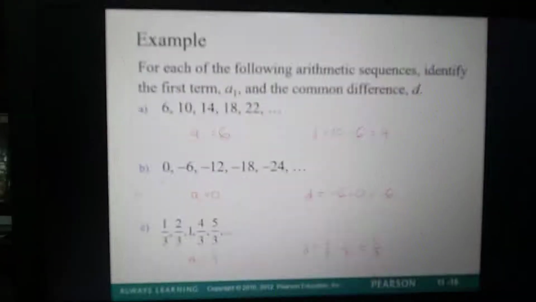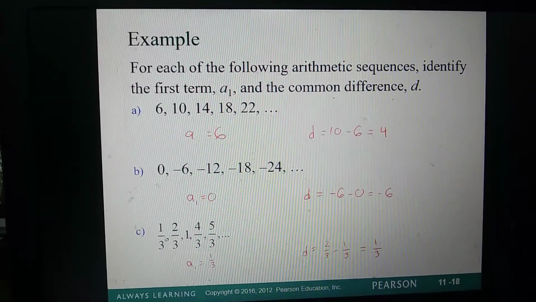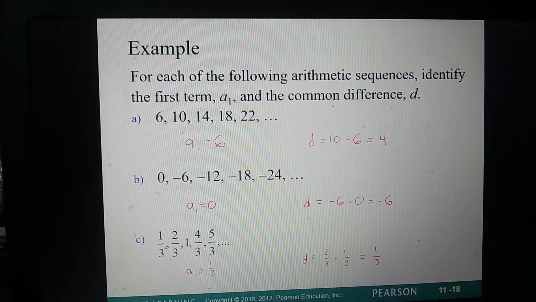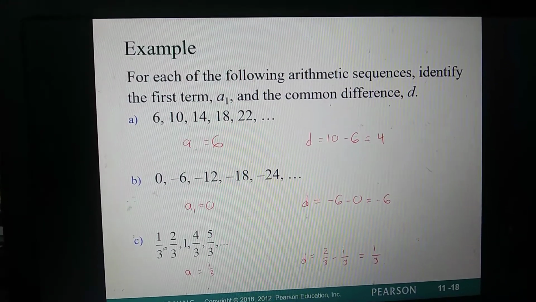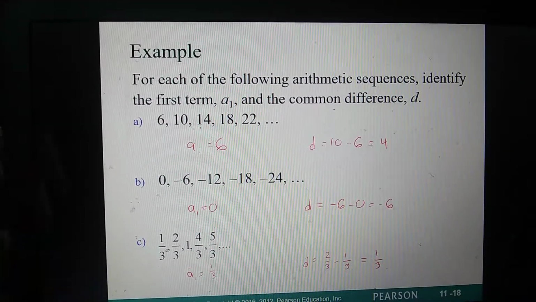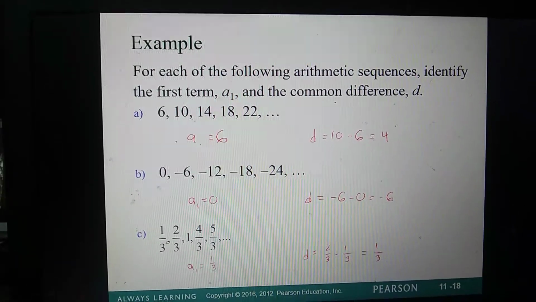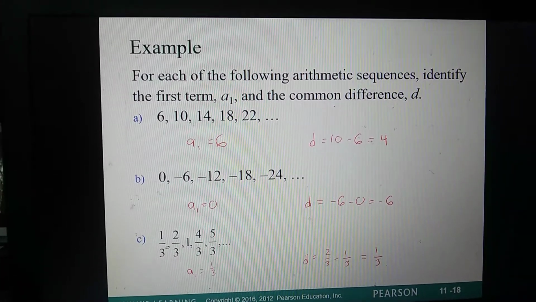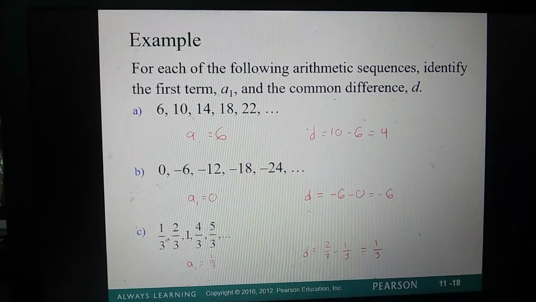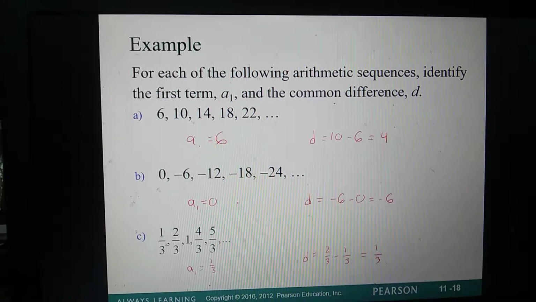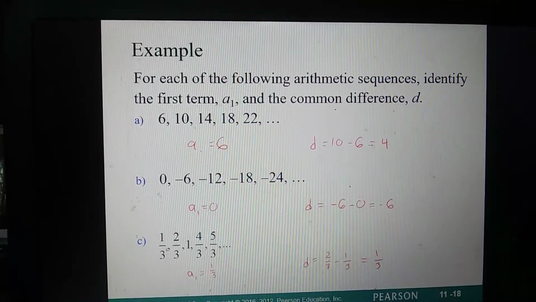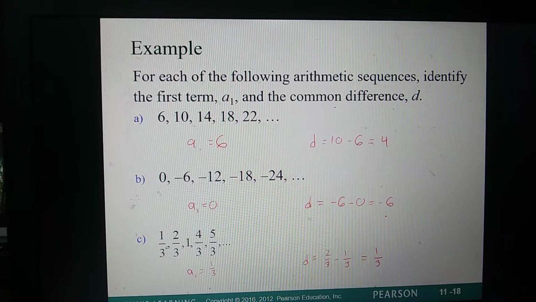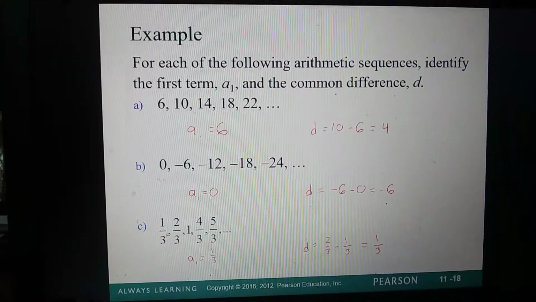If you're given these particular sequences, all you have to do, as long as it's given already that these are arithmetic sequences, is subtract the previous term from the next, because you can see every single one, think almost like a linear sequence, has a difference of 4. So your first term, a sub 1, would be 6, and your common difference would be 4. This one, first term is 0, common difference, you do negative 6 minus 0. Remember, negatives do matter, so your common difference is negative 6, so that one's going backwards instead of forwards,